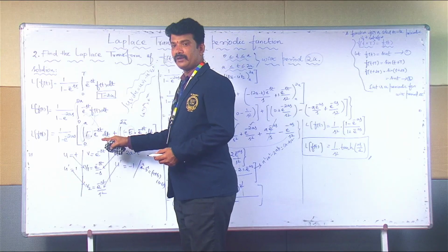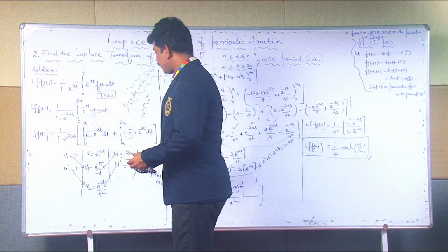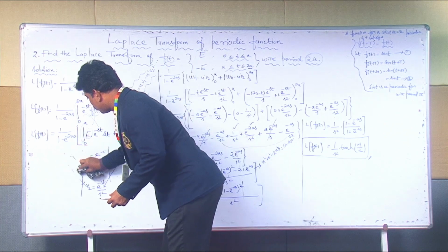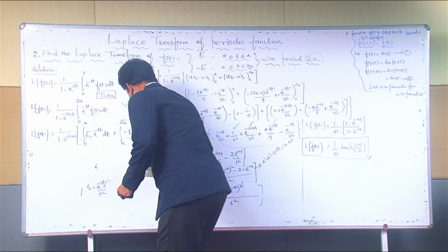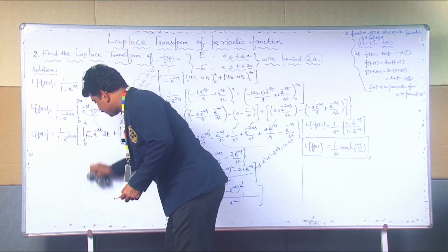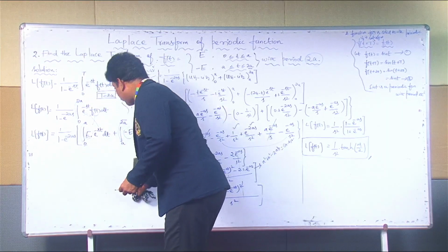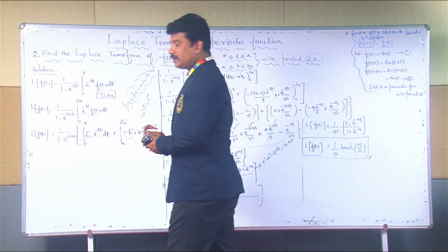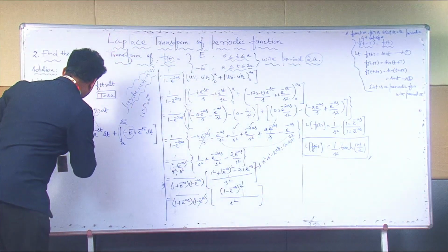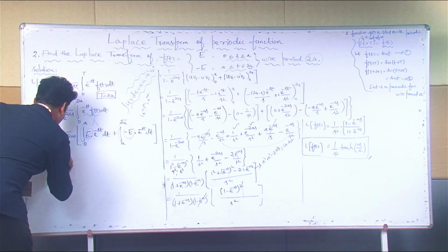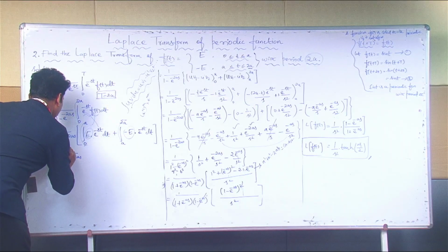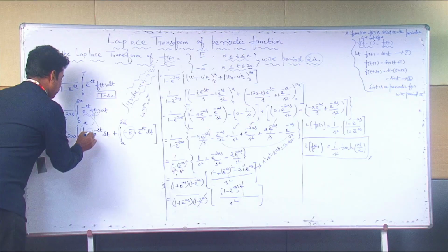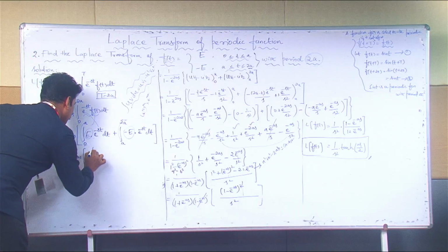Otherwise there is no need to apply Bernoulli's formula; we can integrate directly as it is. Here I am going to take the constant term outside. e and minus e are constant terms, so I am going to take them outside. What is the constant term here? It is 1 divided by 1 minus e power minus 2as. If I take it outside as the constant term, then this can be written as